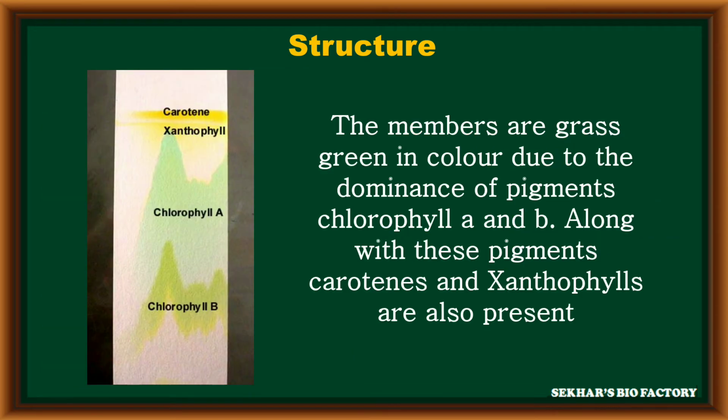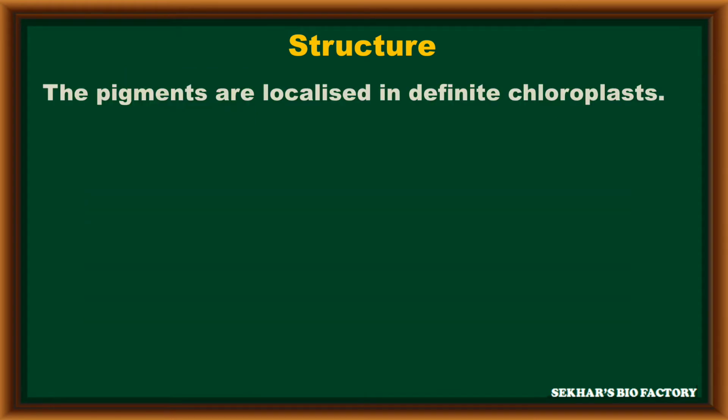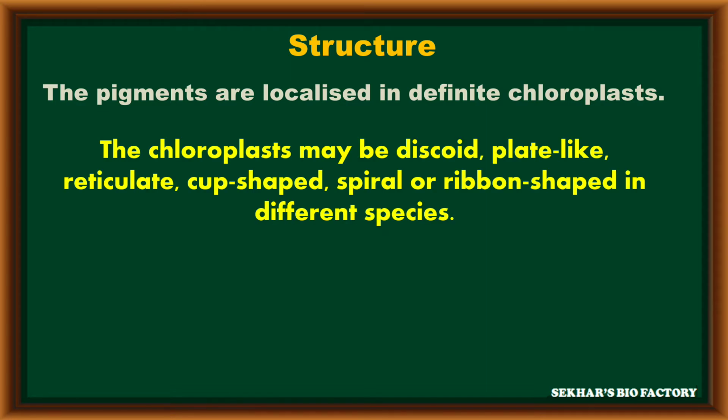In these members, the cell contains grass green color. It is because of chlorophyll pigments like chlorophyll A and chlorophyll B. Along with these pigments, the cell contains carotenes and xanthophylls. The pigments are generally localized or present in a definite chloroplast. In these members, the shape of the chloroplast may be discoid, plate-like, reticulate, cup-shaped, spiral or ribbon-shaped in different